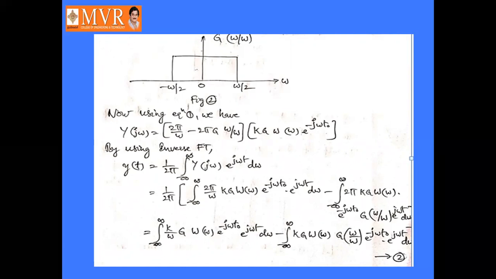infinity y of j omega into e power j omega t d omega, or it is equal to 1 by 2 pi into integral minus infinity to infinity y of j omega, whose value is the above one, 2 pi by omega minus 2 pi into g of omega by w into kg into w of omega into e power minus j omega t naught. So by simply substituting these integral values,